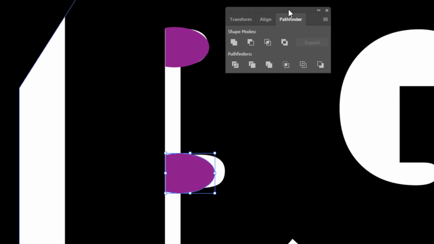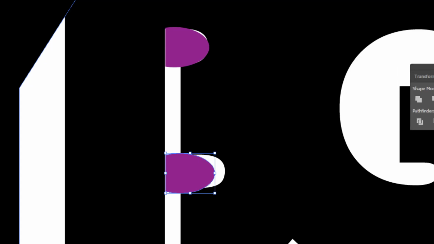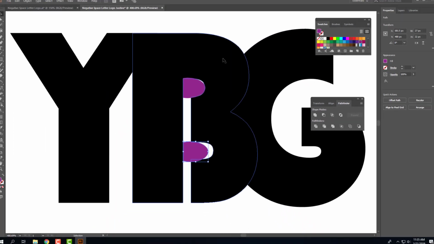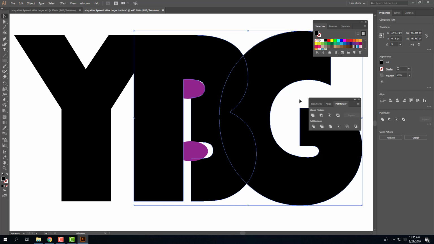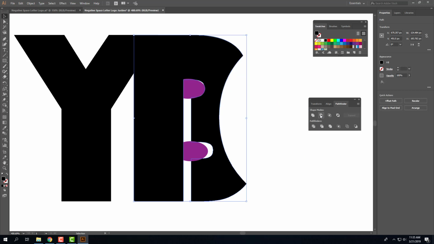All right, so let's see. The next thing that I need to do is cut the B shape out of the G. So let me select the B, hold down shift, click the G, and click the second button over, which is minus front,